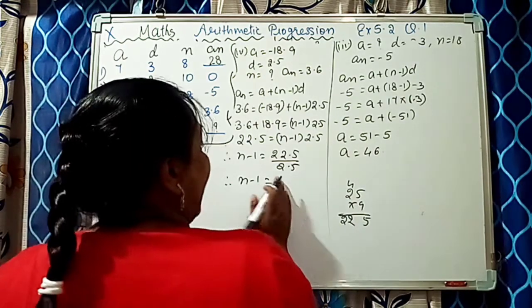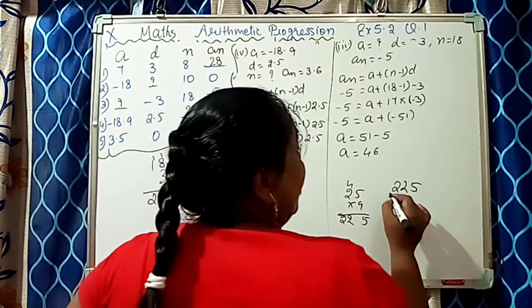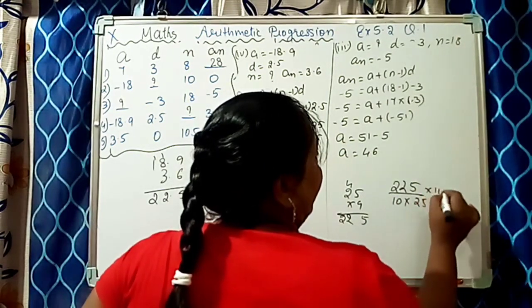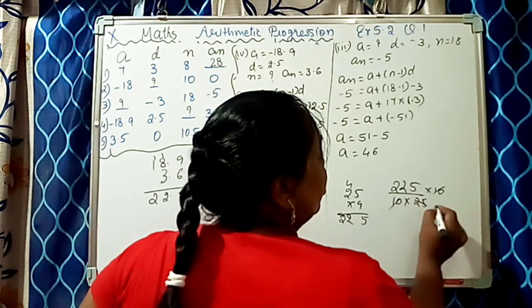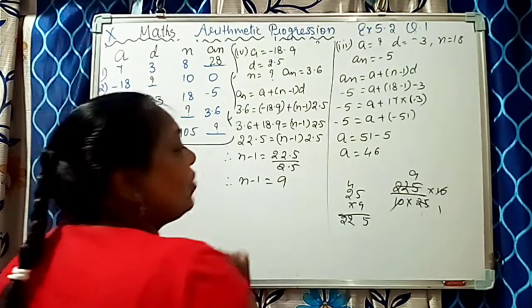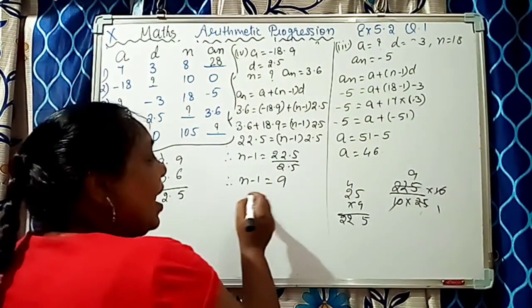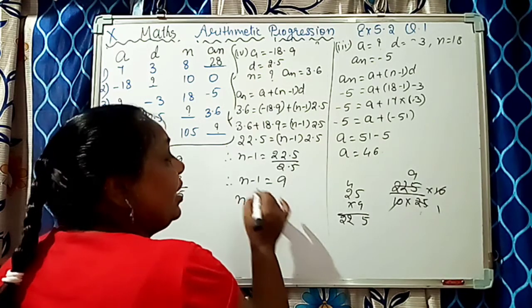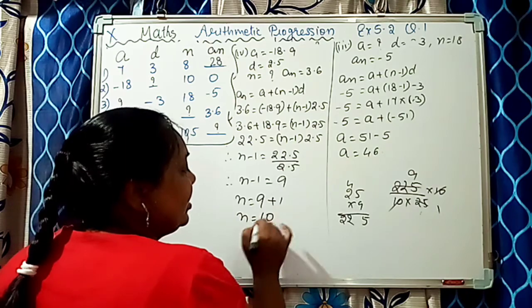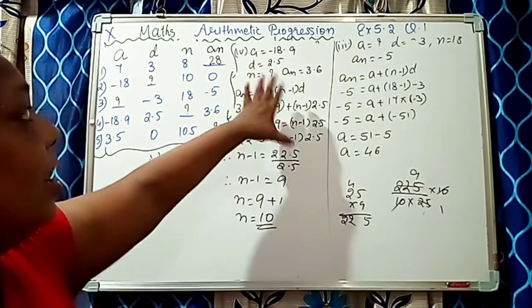Okay, now that decimals cut karna ho, 22 upon 5, 10 into 2 into 10. So ye cancel ho gaya. So 25 ban jaye 25 9 sa. So N minus 1 is equal to 9. Therefore, what will be the N? N is equal to 9. This one will go this side plus 1. So N is 10. Okay, so easily I found out the N.